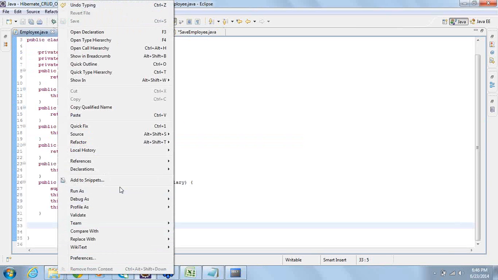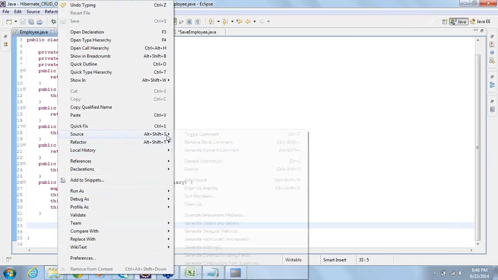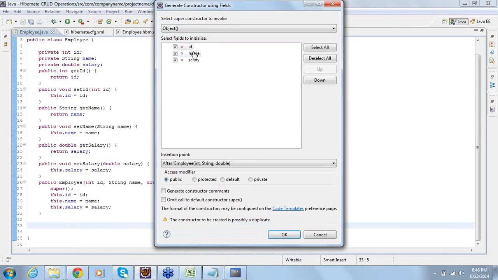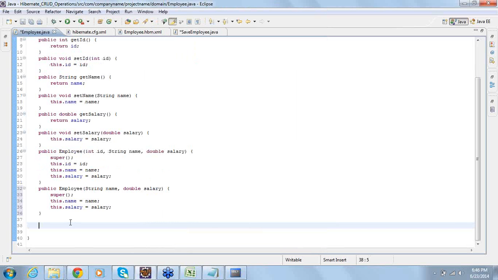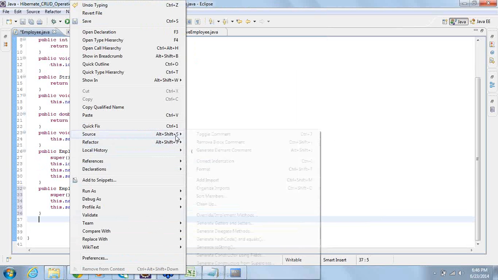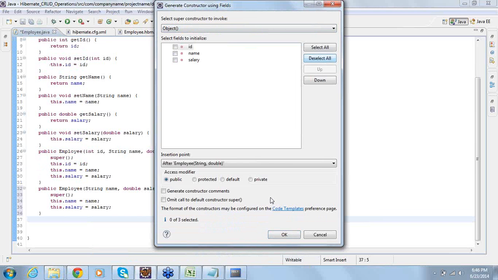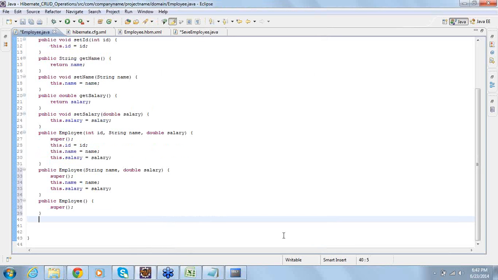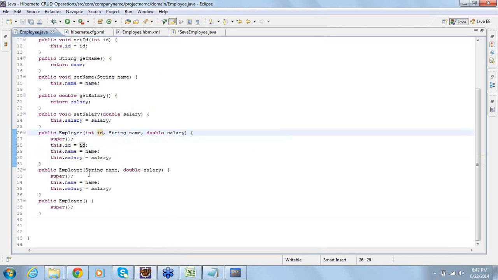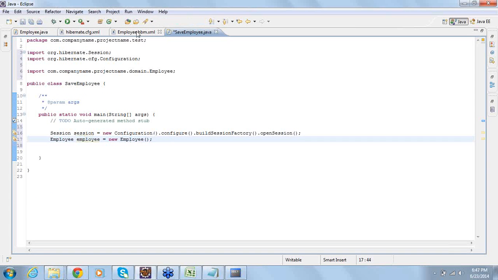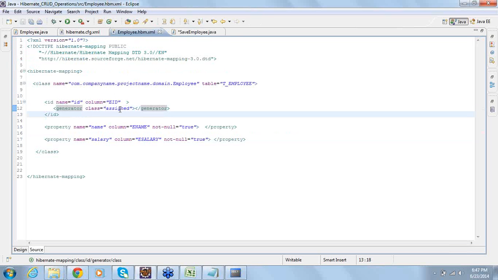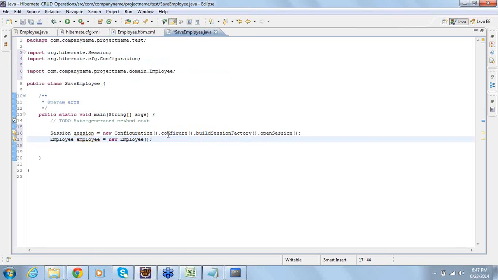Then I'll take one more constructor using fields, and in this constructor I am not taking ID. Then let me take one more constructor with no arguments. Constructor with no arguments, constructor with ID as an argument, constructor with no ID as an argument. Now since I said generator class equal to assigned, then what I do